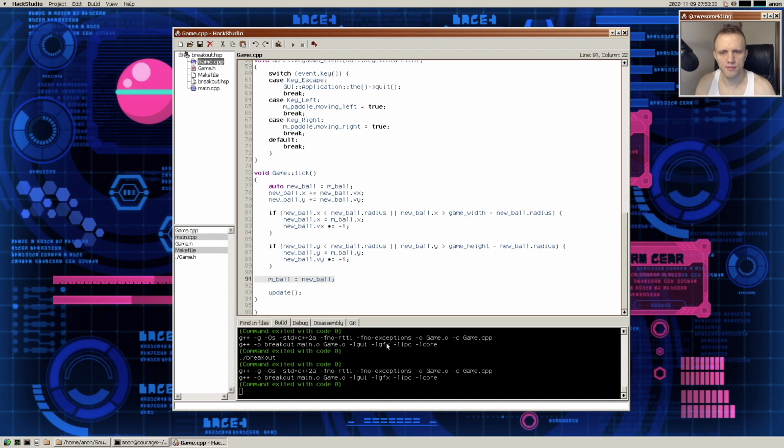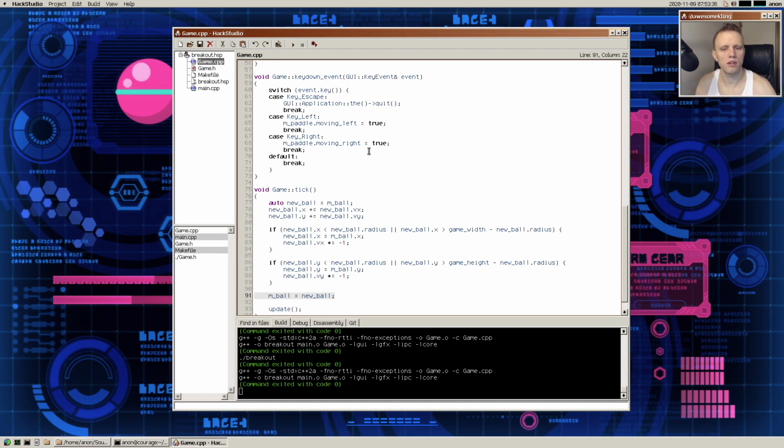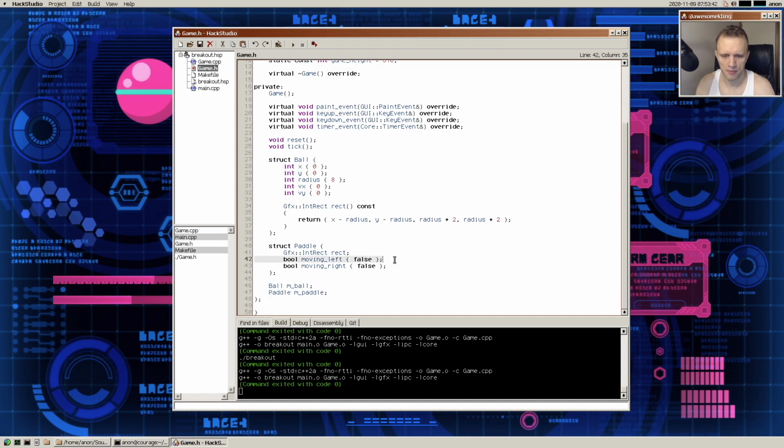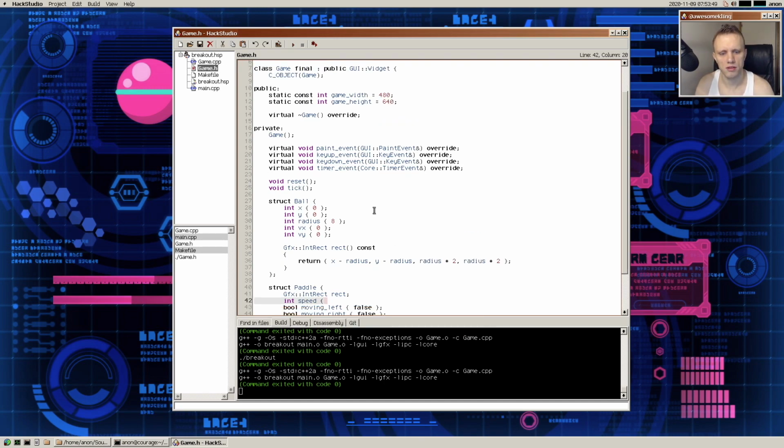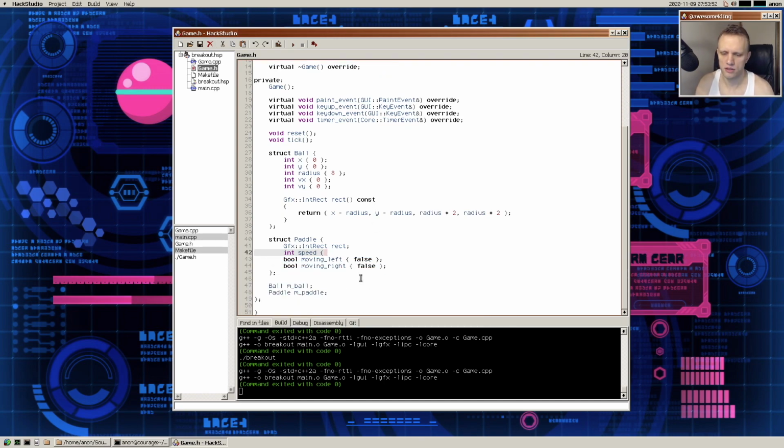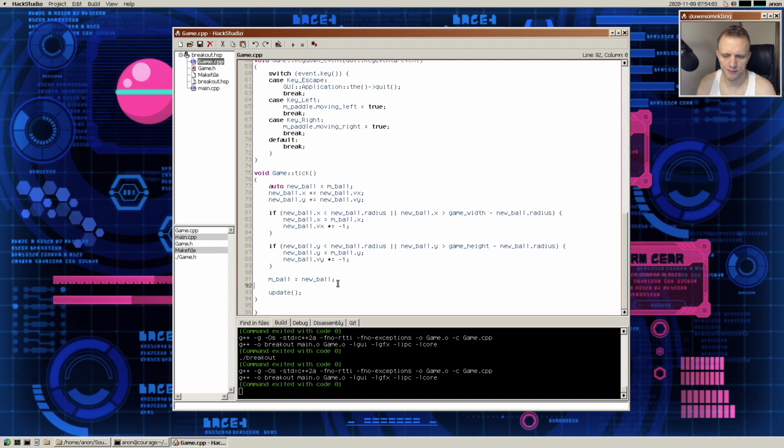apply the paddle moving velocity, which I don't know what the paddle speed is, so we will store that here. Speed. Let's say that he should at least move at ball speed. Should it be faster than the ball? I don't know. Maybe we'll let him go a little faster. Okay, so then